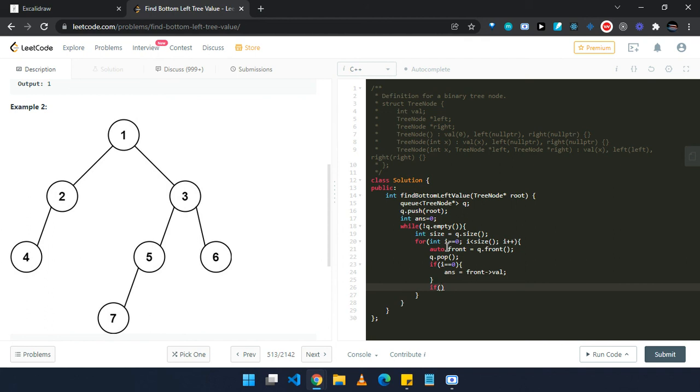And also we need to explore this node. If it has any non-null children, that is, if the left child is not null, then we will push front's left to q.